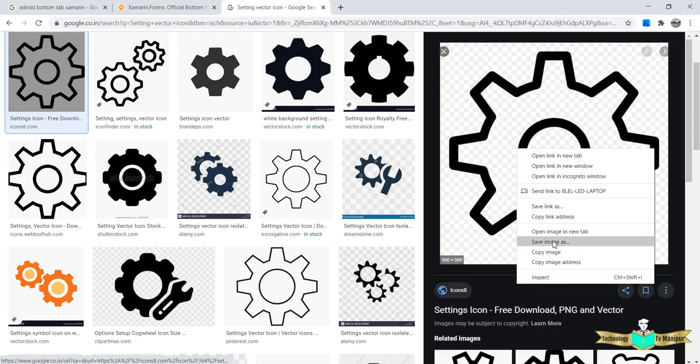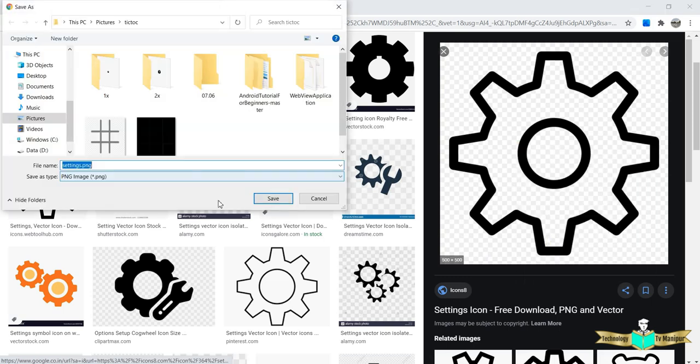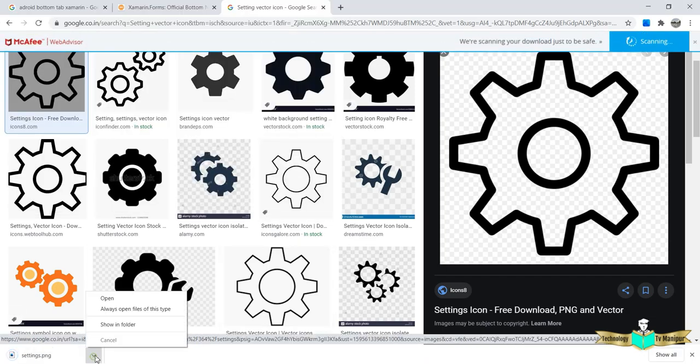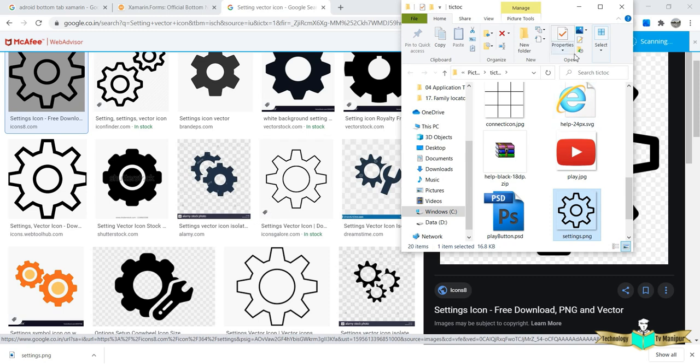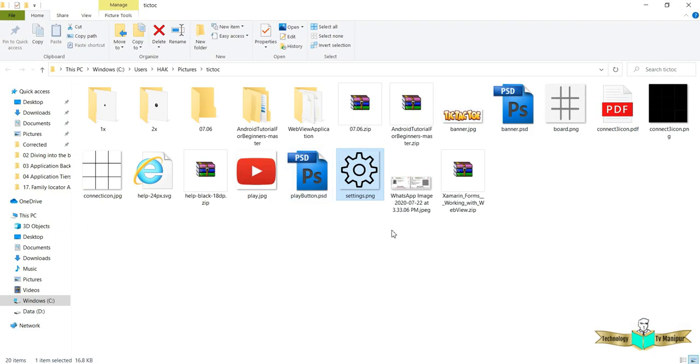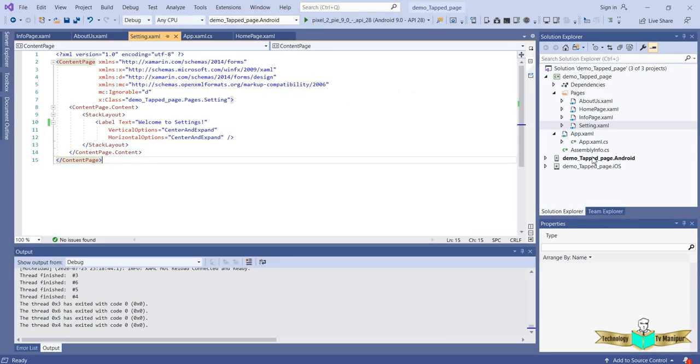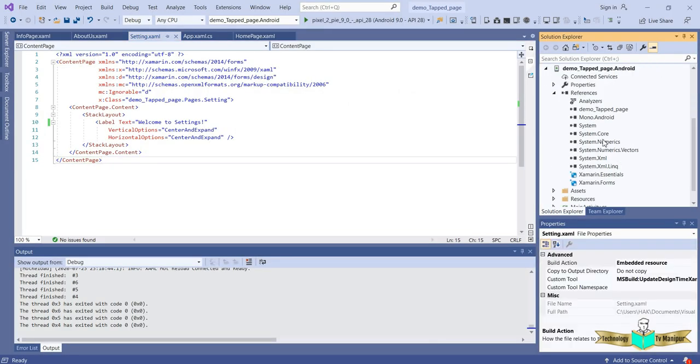We need the settings png, and I need to reduce the size in a different way. There should be a large size, medium size, and like that. I will show you that whenever we make